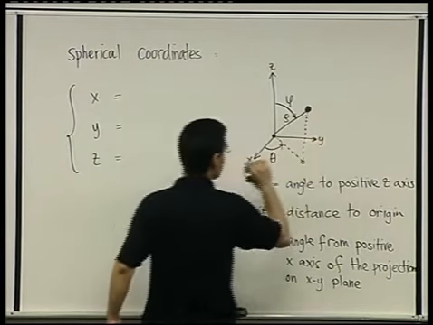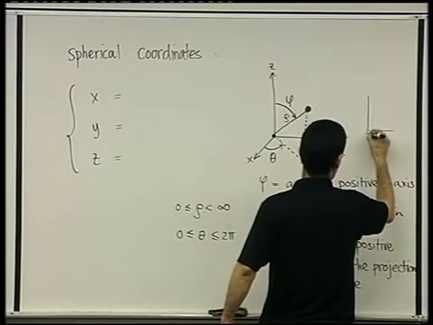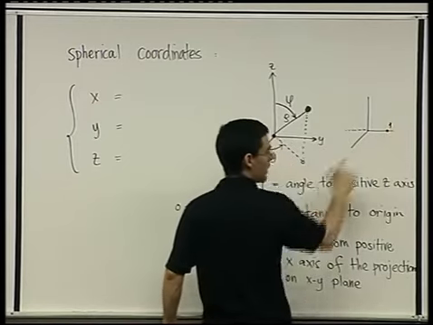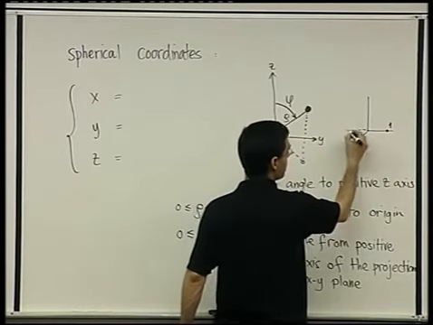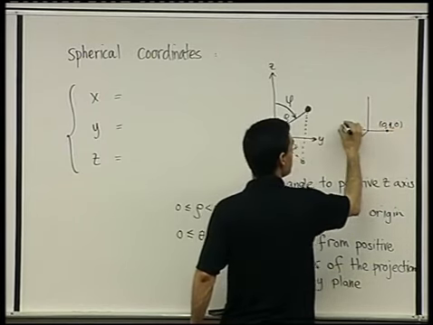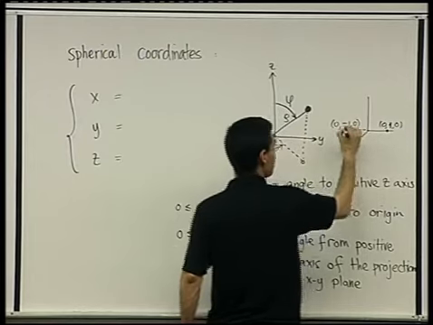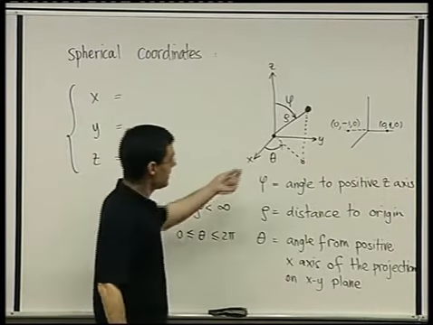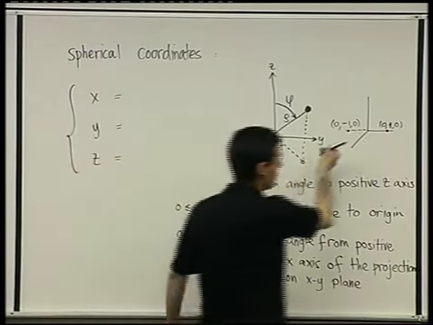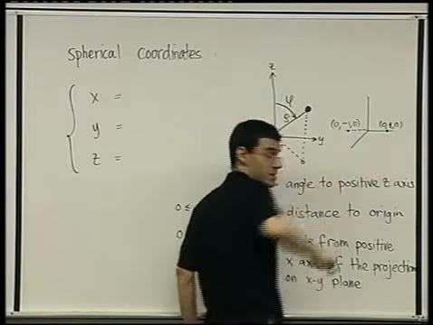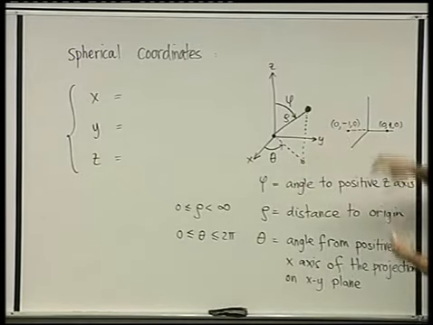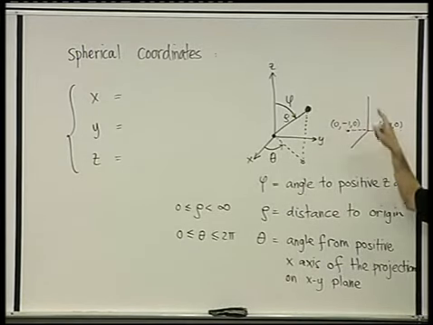Let's look at a point which is 1 on the y-coordinate and 0 on the others, and a point which is -1. So this is the point 0, 1, 0, and this is the point 0, -1, 0. Do you agree that theta itself can distinguish these 2 points? Right? One has a theta of 90 degrees, the other has a theta of 270 degrees. Do you see that? So if we allow phi to range all the way from 0 to 2 pi,